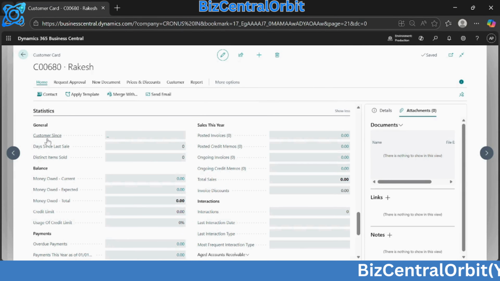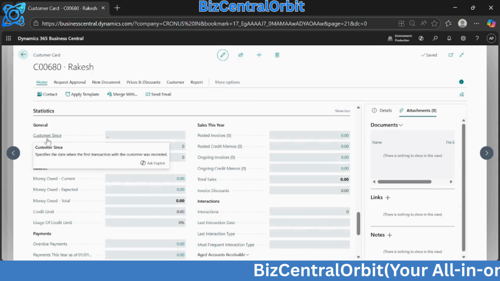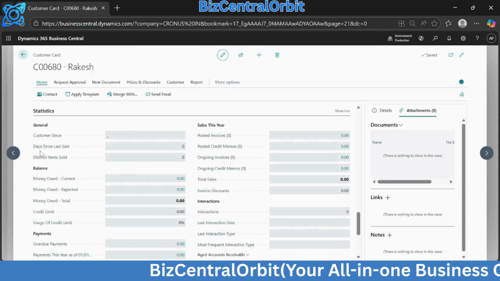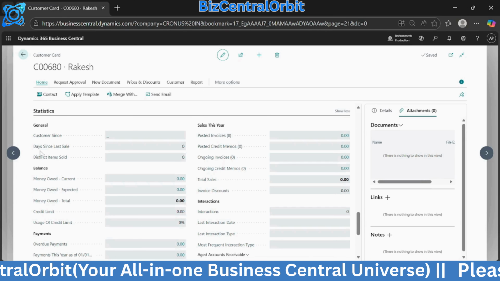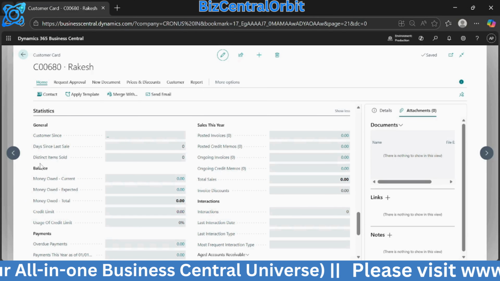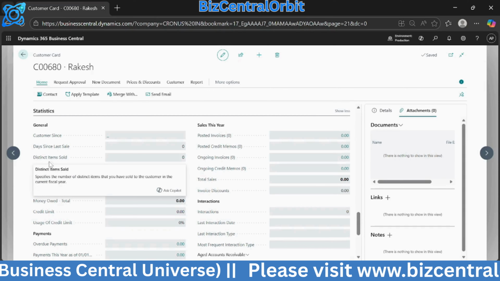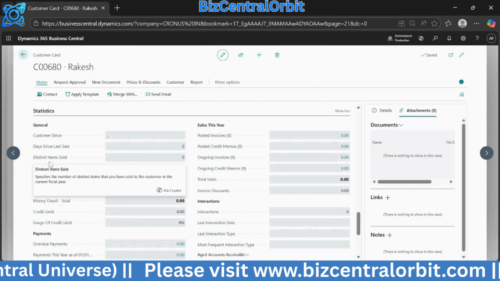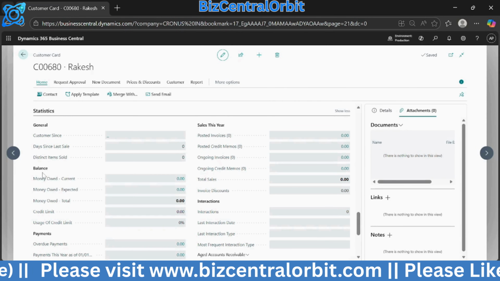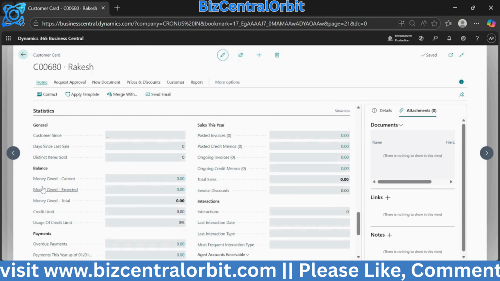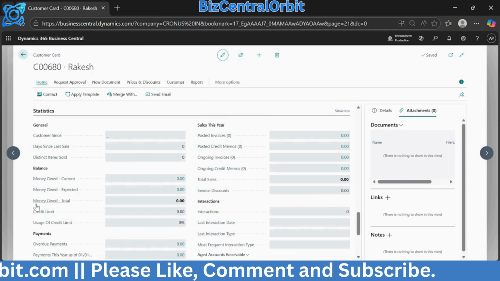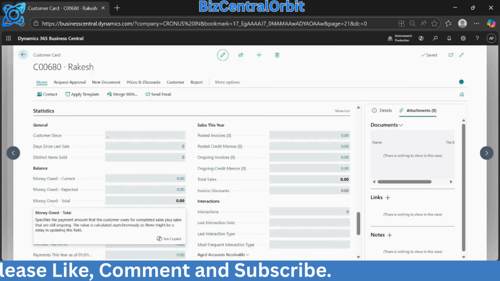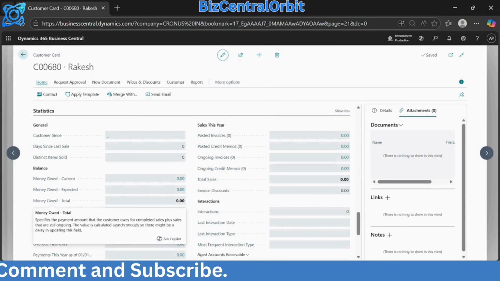In journal, the first one is customer since, the date when the customer is created. Sales since last sale, number of days since last sales transaction. Then distinct items sold, number of different items sold to the customer. Balance, the first one is money owed current, money owed expected, money owed total, credit limit, and uses of credit